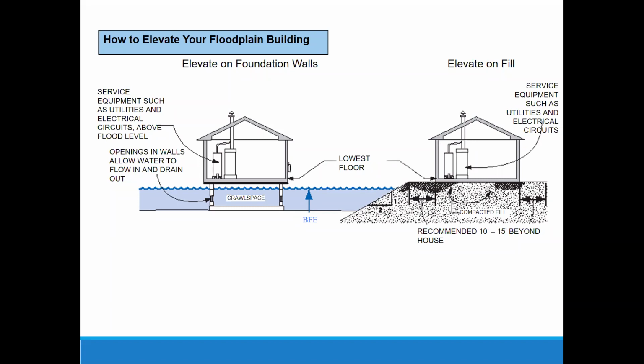Elevating on fill is more common in the unincorporated areas where you've got farmhouses that are a mile apart. You're not pushing water off on anybody else. The advantage of elevating on fill is you can get a LOMR-F from FEMA. If you elevate on a raised crawl space, you can't get a LOMR-F from FEMA because the foundation of the house, the crawl space part, is still down in the water. You can get a cheaper insurance rate because it's elevated, but it will always be in the floodplain.